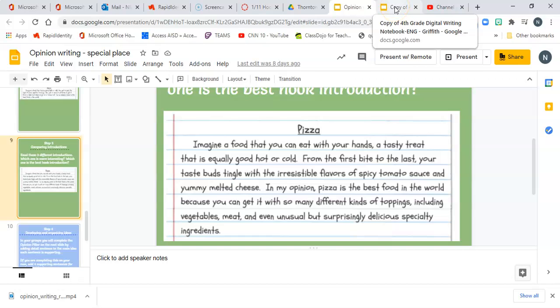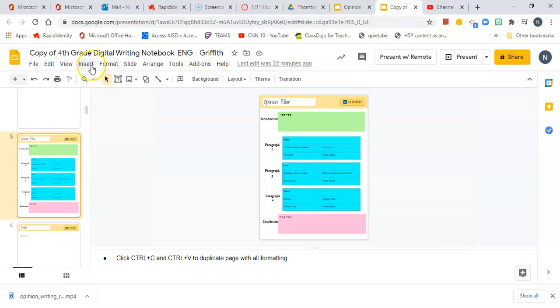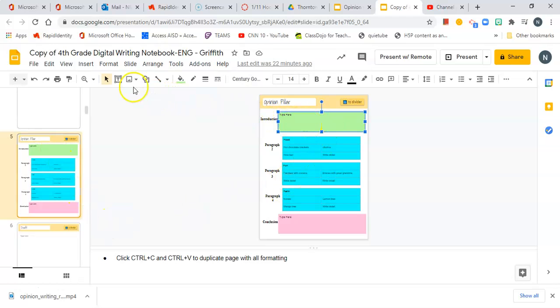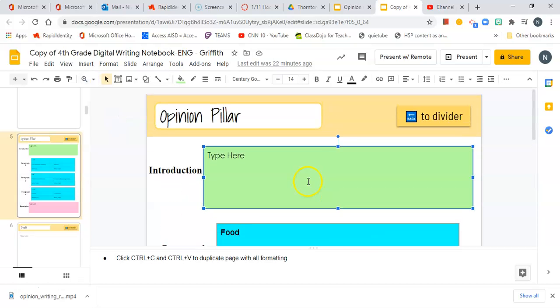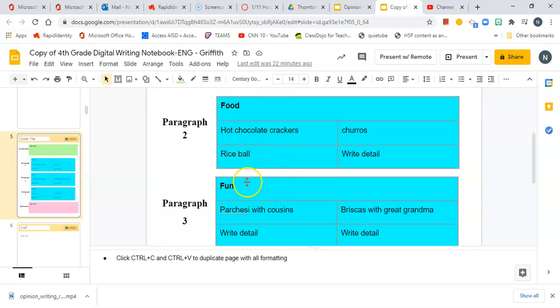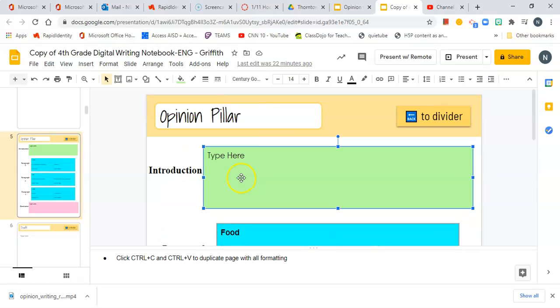You're going to find your digital writing notebook, and you're going to type your introduction in this part. I'm going to make this one a little bit bigger so you can see. Remember, I'm writing about my grandma's house, about the food, the fun, and the farm.